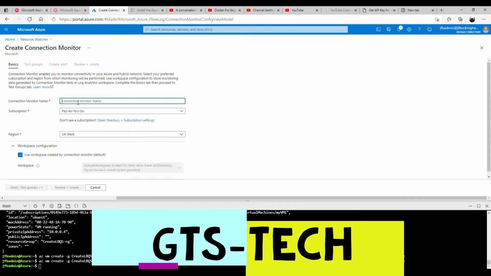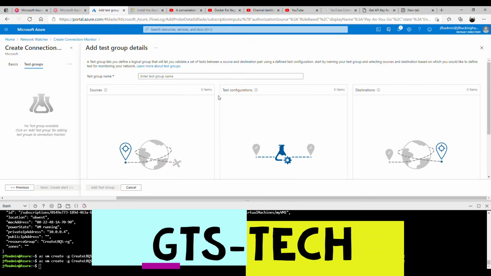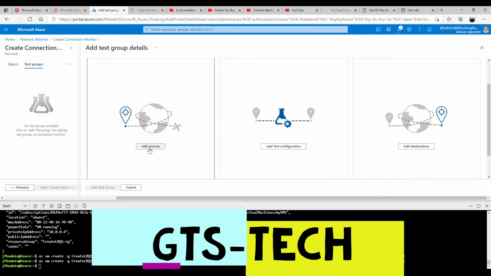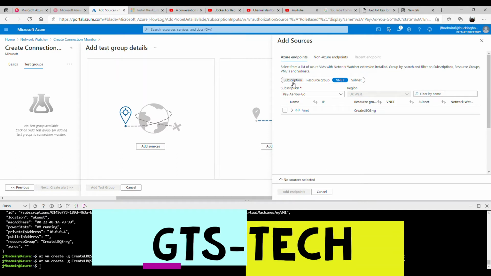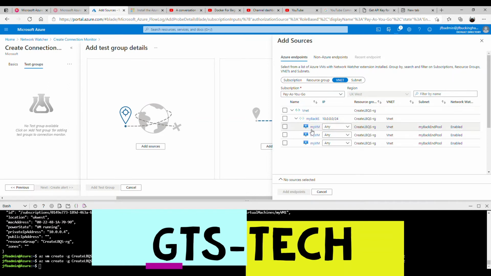Connection monitor name is myconmon01, nice and simple. It's going to create a workspace configuration for me. We're going to go to test groups, and we're going to add a source. You'll see that it's got a subscription, a resource group, a VNet and a subnet. We're going to remain with VNet, and we would like to see communication between VM1,